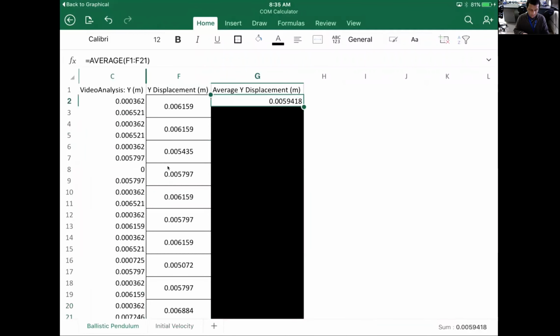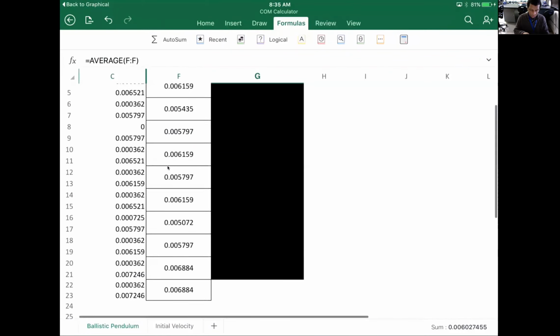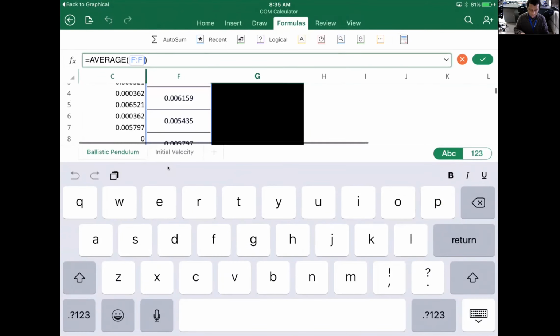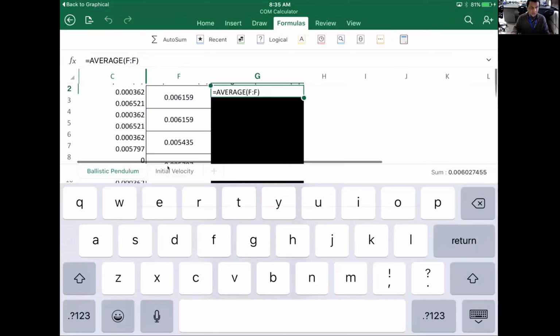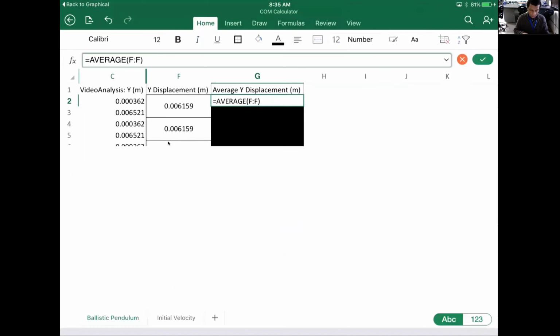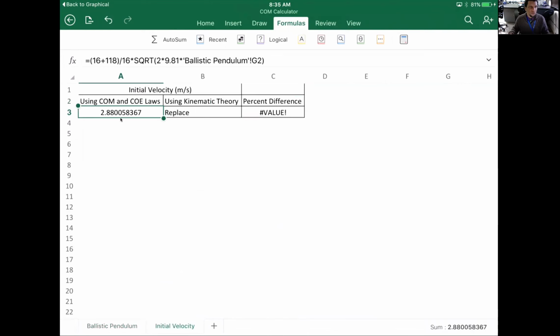I'm gonna look at this average here, and I'm gonna replace my average, which is F:(F). That is inclusive of everything. If I touch on this, you'll see that goes all the way down. It's just gonna grab all of the numbers that are in there. The initial velocity is based on, what is this value? Why didn't it give me G2? Oh, it's reading it as a text field. Let me make sure that it's a number. Go in, kind of change this a little bit, and it'll recognize it as a number. So now it's giving me